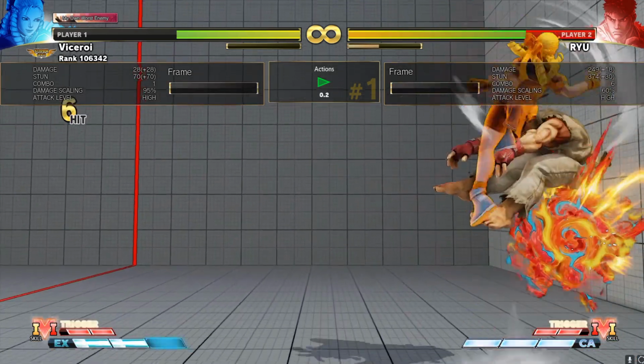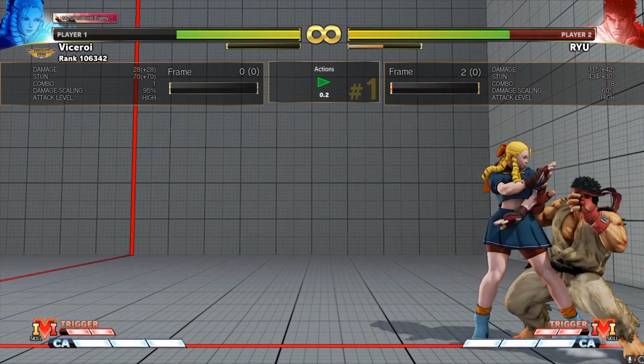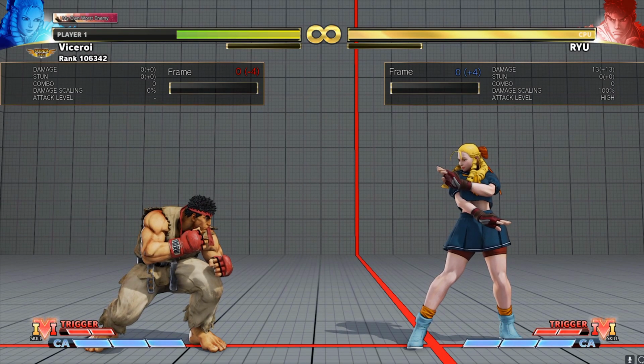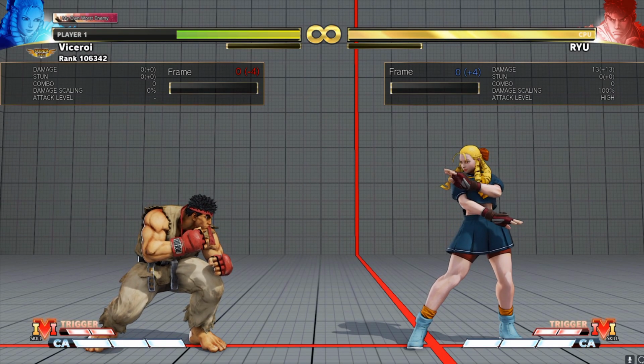See how I got a counter hit there on that block string because he jabbed? And maybe he does know that that is a block string and he just happened to jab, but just assume that he doesn't and then try it again. And then obviously if he blocks it, then you know that's information. So when they block a string, if you hit them, look for the counter hit,